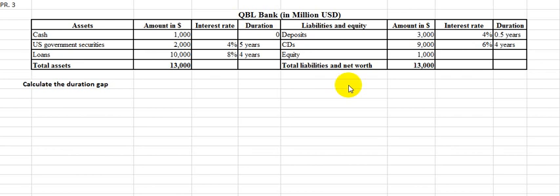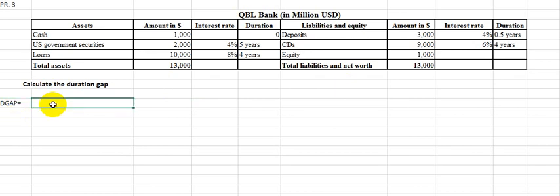Hello everybody. This is problem 3 from the worksheet for chapter 5. The problem is of two parts. Part 1 says calculate the duration gap. The duration gap, as we know,